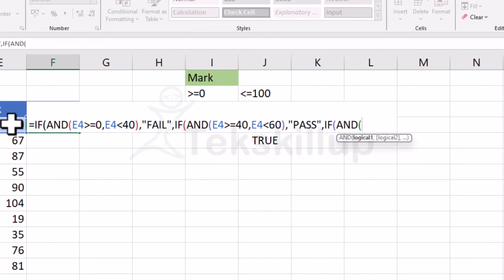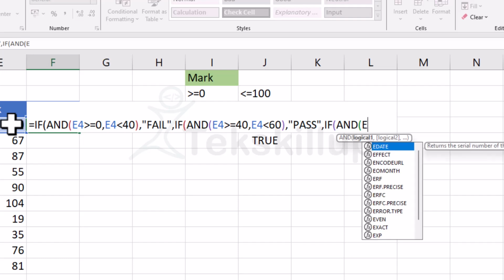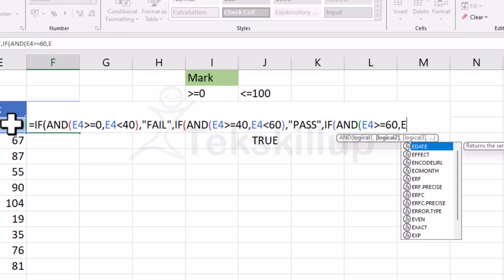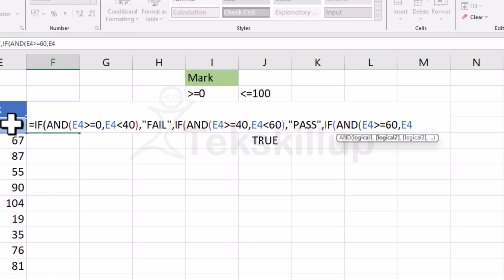Then what is the next logical here is that the cell E4 is greater than or equal to 60, and then the same cell E4, let's say it's less than or equal to 100, and then if those conditions are met, the value if it is true, we are going to give it distinction,